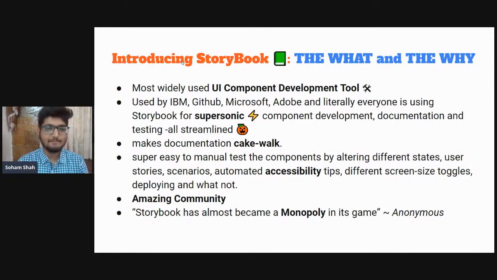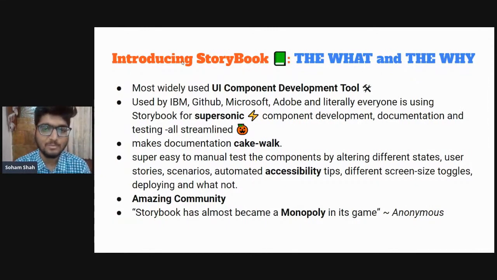For example, for any React project that you build, you have components in your components folder. Say you have a button and you want to test how it is behaving, its accessibility and stuff. So what you do is randomly put the component anywhere in your app.js or some file, and then see if it is working properly or not.